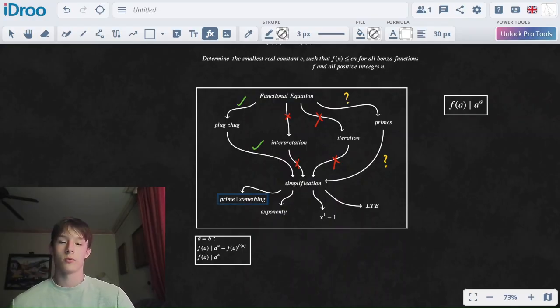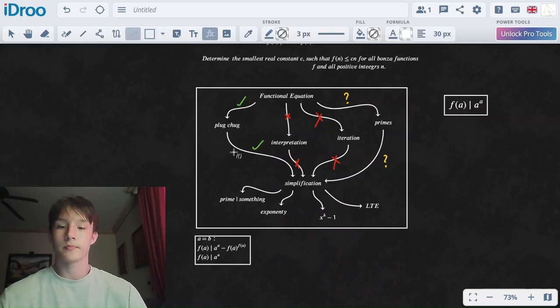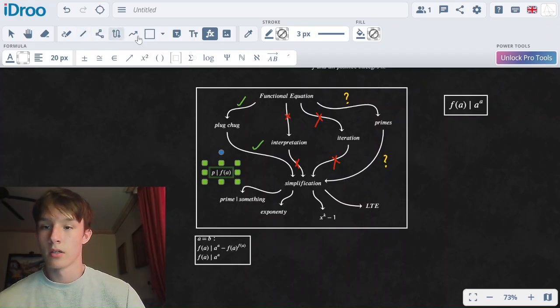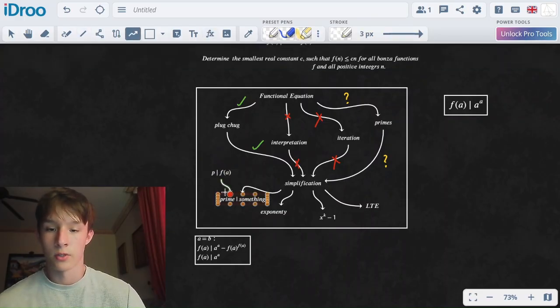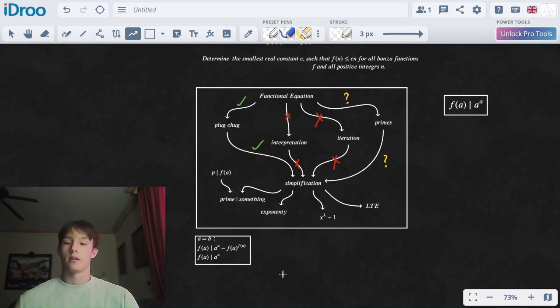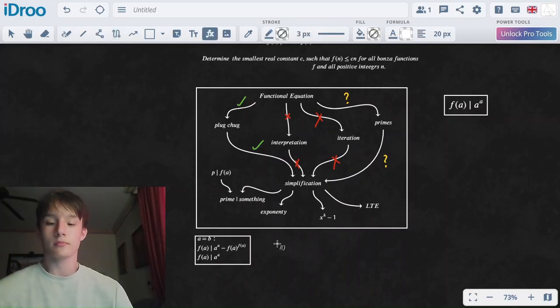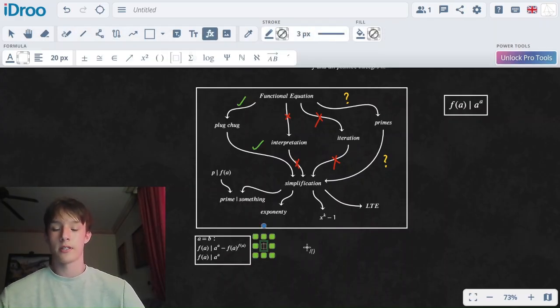So the reason we want prime divides something, in order to get prime divide something, we need prime divides, let's just set it back to 20, prime divides f of a. That's the only road we have from here to here. That's the only road we can get. And even though this tells something about the primes, we can see that it doesn't give us any information about it. But instead, if we do know that if we take now a equals p,